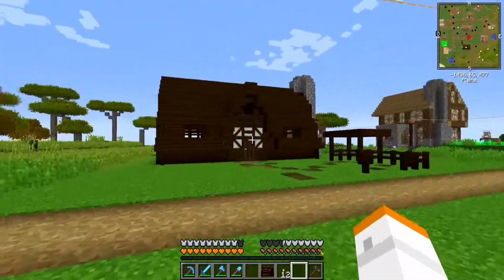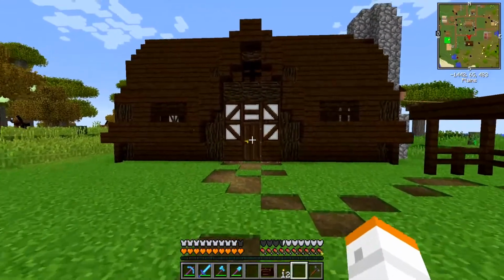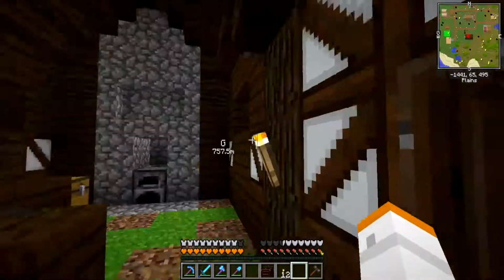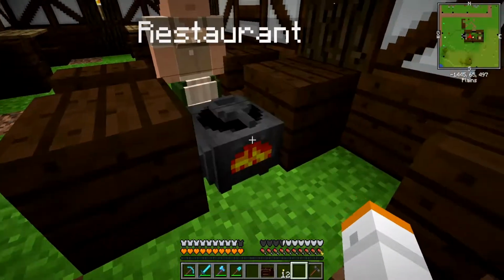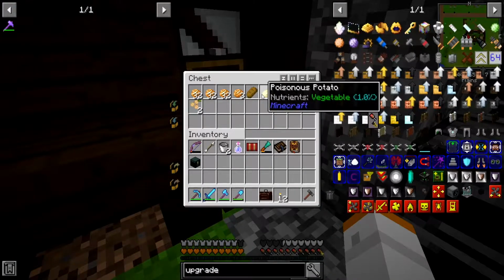The reason why I wanted a dark oak is because I wanted to build the dark oak restaurant, cookery thingy, whatever, because this one is going to look really neat once it gets up into the higher tier stuff. So we have an individual in here that is currently taking care of our food problems for us, and she currently has a bunch of stuff just hanging out here. I don't know why there's...